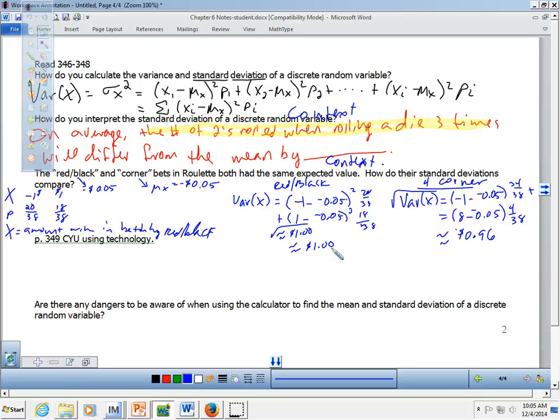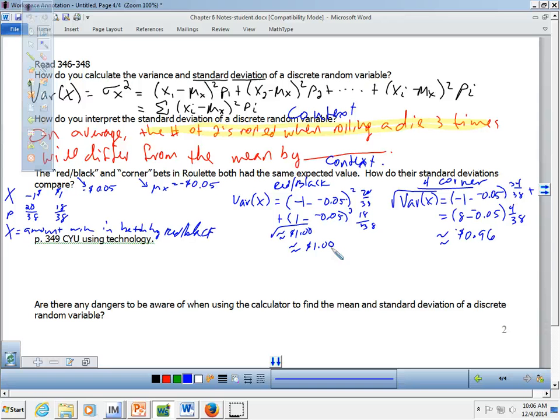Every time you put $1 on the table, you could lose $1.05, or you could win 95 cents. That's what you're likely to do. I mean, obviously there are other possibilities out there as far as your long-term winnings. And this is your long-term winnings. How can you have a long-term negative winning of more than $1 when you're placing $1? Well, if you place $1 every time, then you're paying out $1. So